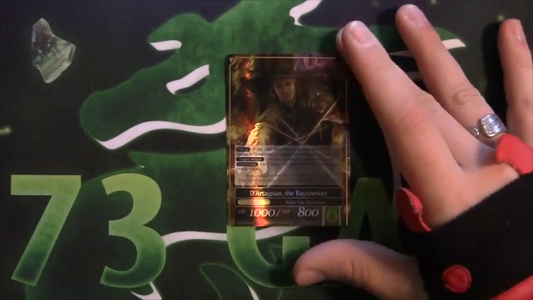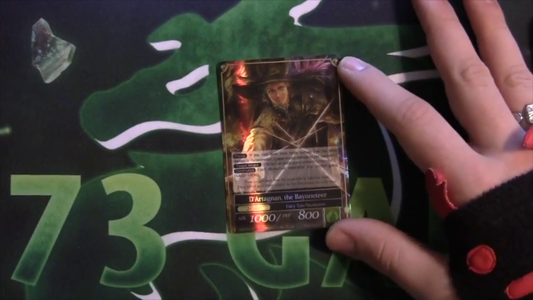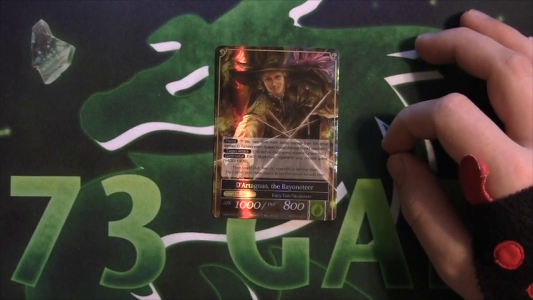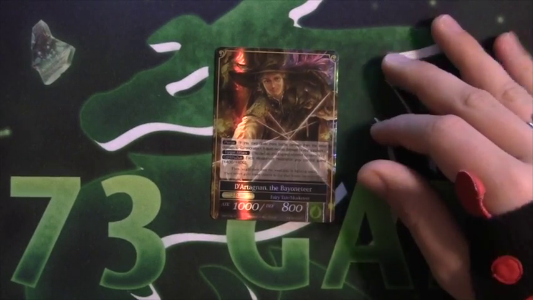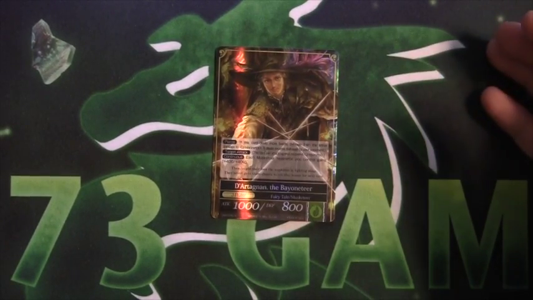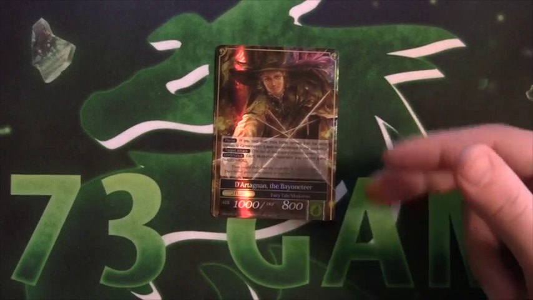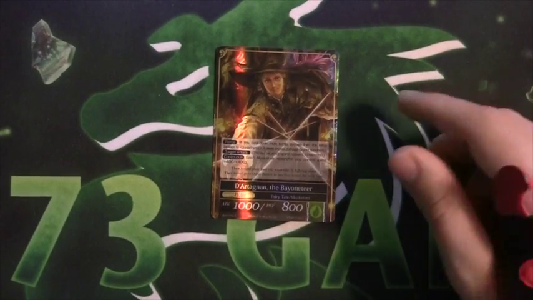Flip side is D'Artagnan, the Bayoneteer. Has Pierce and Target Attack, 1,800, is a Musketeer, and every Musketeer Resonator you control gains plus 400. So when he comes out on the field, all of your Musketeers get a massive stat boost. Really easy to finish off games that way, just to force your opponent to not really have any